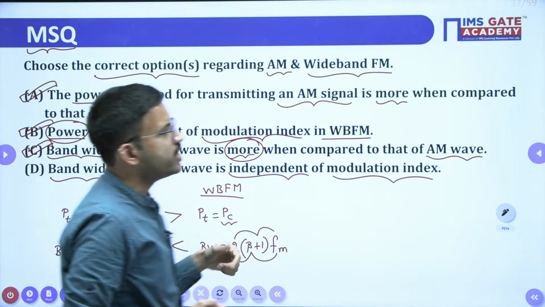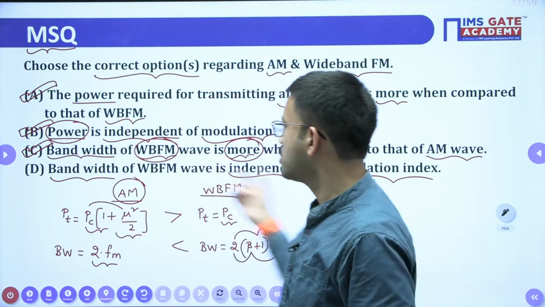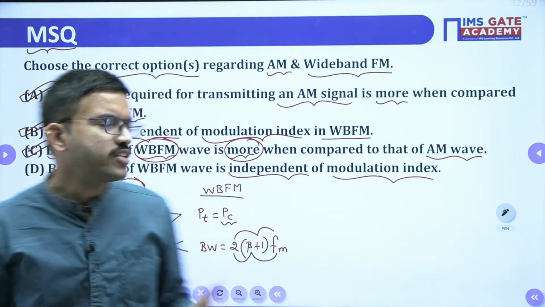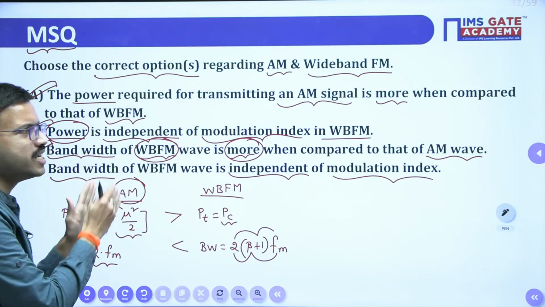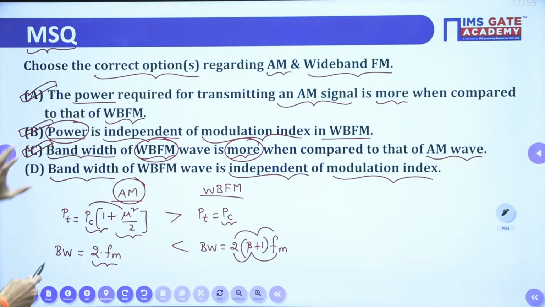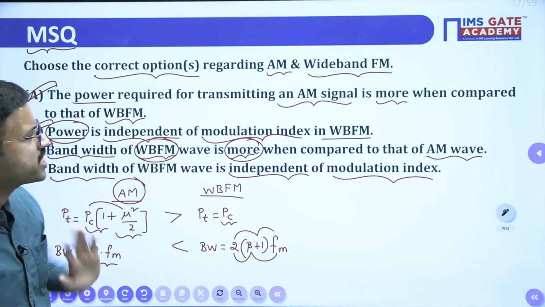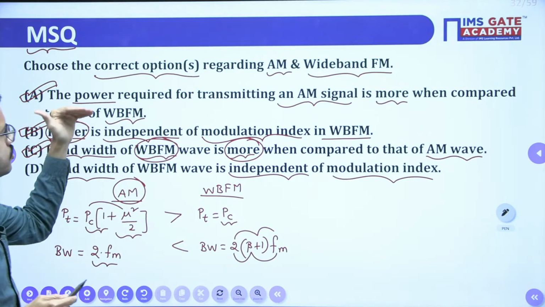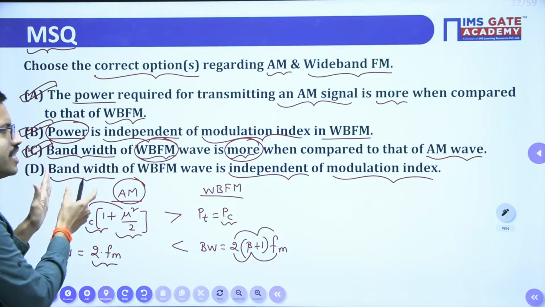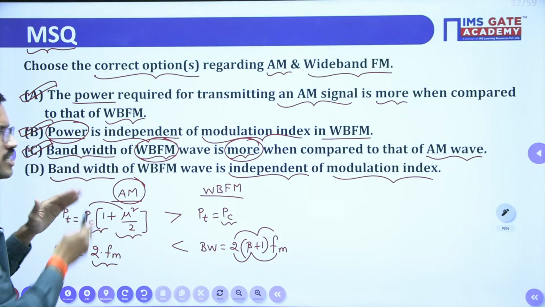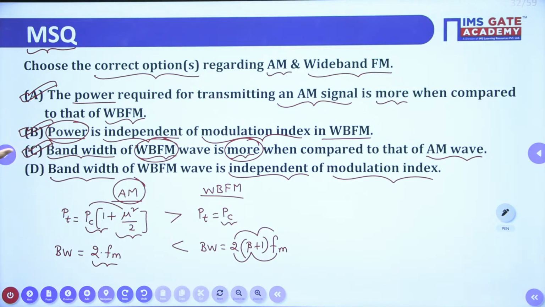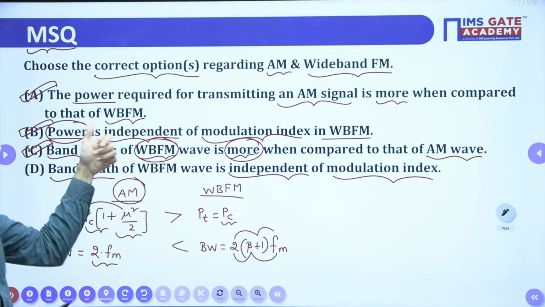So in this way, whenever you get some theoretical question, just recall the basics and after that cross check whether the given statement is really correct or not, especially for MSQ. Because if it is MCQ, the moment you get one option as correct, you don't need to cross check the remaining options, straight away that will be the correct one. But for MSQ, you have to verify option by option carefully whether it is really correct or not. If it is not correct, then you can leave that option. But for MSQ, you have to mention all the correct options. Say for example, here A, B, C are correct. In the exam, if you have chosen only B and C, since you haven't chosen A, but here A is also correct,